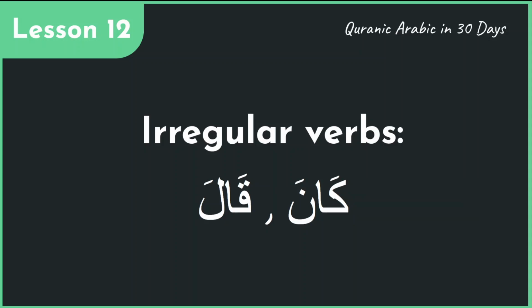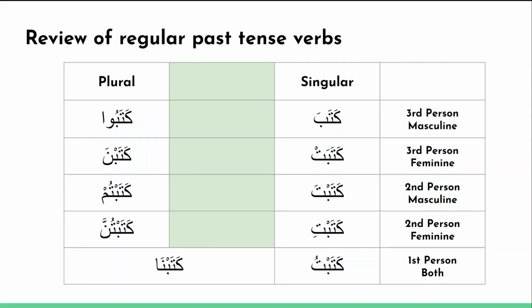In this lesson, we're going to cover two very important verbs in the Quran, Kaana and Qaala. These appear everywhere in the Quran. However, they are a little bit different from the verbs that we've seen so far. They are what's known as irregular verbs, which means when we conjugate them, the patterns are a little bit different. We'll get into that. But before we do, I'd like to review how we conjugate regular past tense